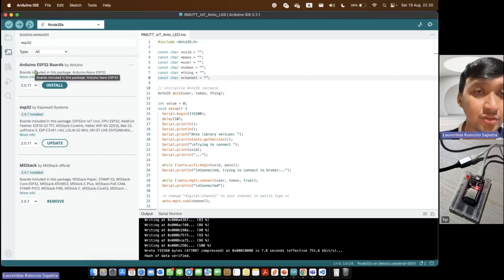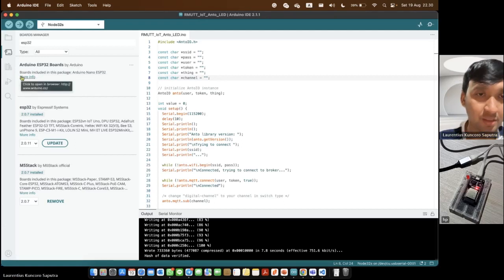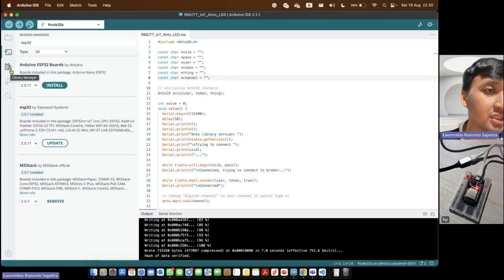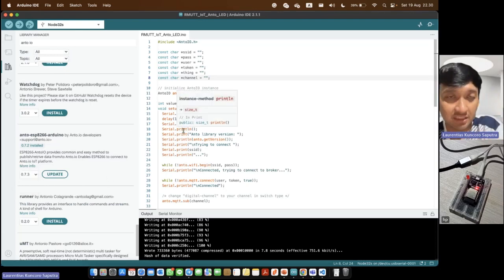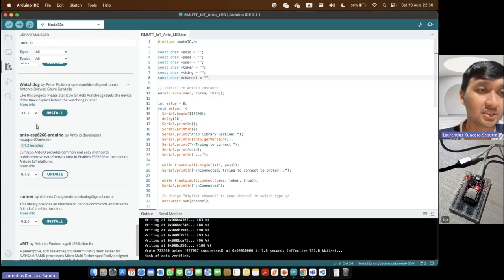You can try on your computer with the newest ESP board version 2.0.11, and the newest Anto IO version, 0.7.3. But in this tutorial, I use this version.